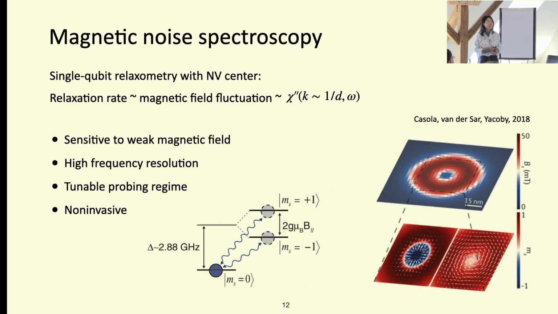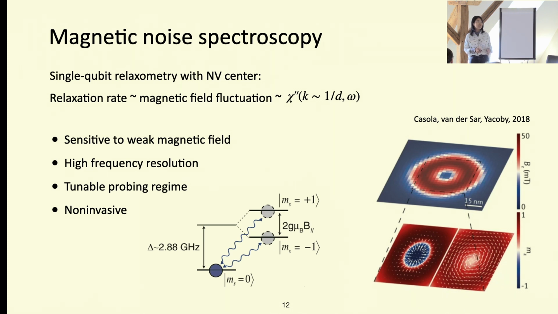Dynamic susceptibility in the momentum and the frequency space, right? Because you can control this Zeeman splitting by a magnetic field, and then you can control the frequency that this NV is probing. And so there are two parameters here. One is frequency, and the other is the distance between the NV center and the material. And because of this geometric factor,